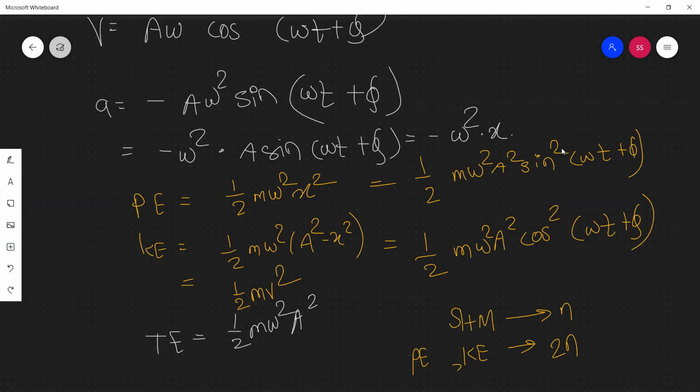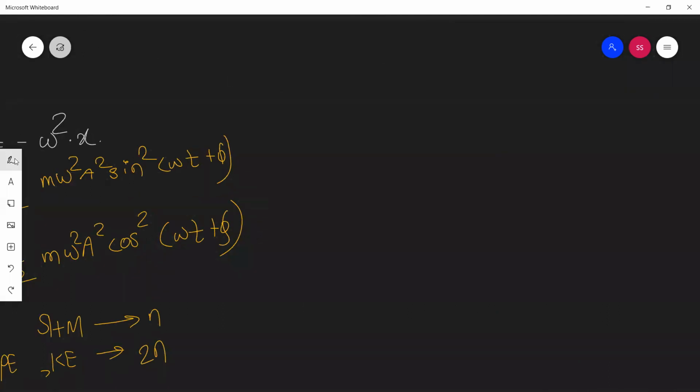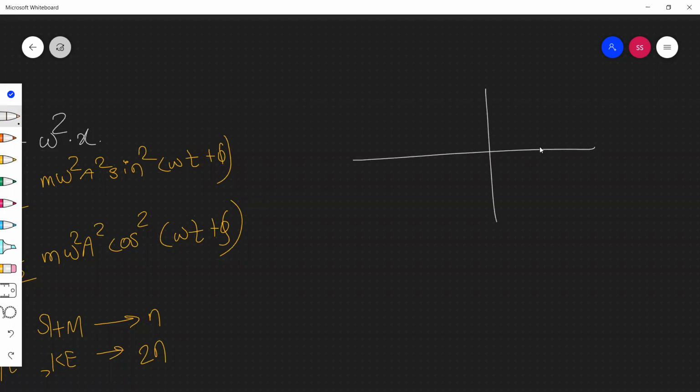Next point is that अगर आपको कोई displacement वाला question solve करना हो तो you must be able to know what is this. If the particle is rotating counterclockwise, let us say यहाँ से, इसको कहते हैं साइन लाइन, इसको कहते हैं कॉस लाइन, एंड जो लेट अस से साइन के फॉर्मेट में चाहिए हो, कहीं भी रैंडमली पार्टिकल हो तो आपको साइन के विथ रिस्पेक्ट टू उसका पोजीशन लेना होता है, समथिंग लाइक दैट.